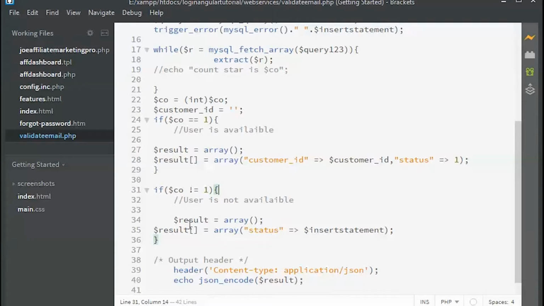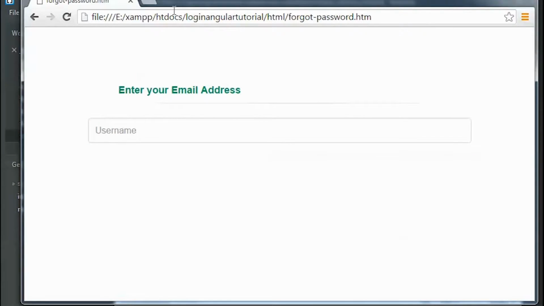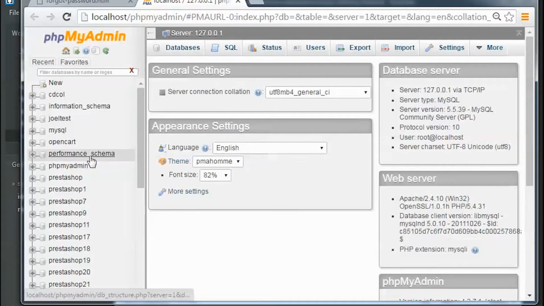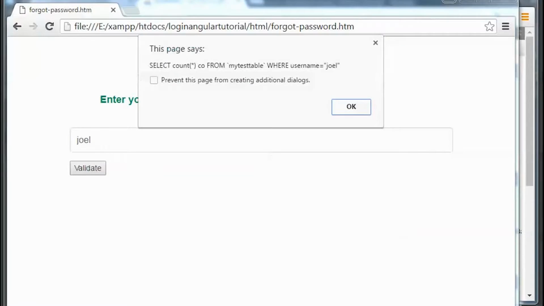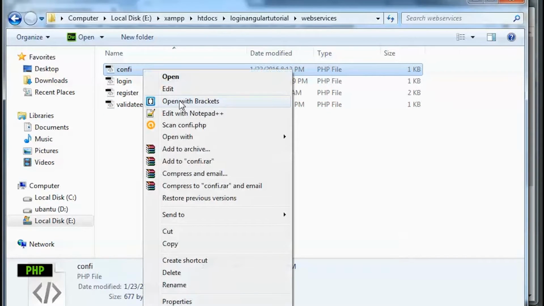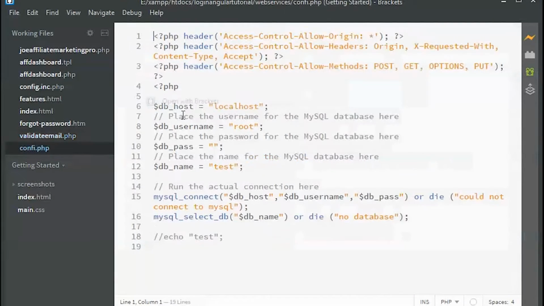So guys, the next thing I got to do is check the database manually, because I don't really remember what I typed in the database. To do that, I'm going to open this XAMPP control panel and click on admin. This helps me open the database. I have to check what were the values. So here's my file and here's the config. Okay, so the config will tell me which